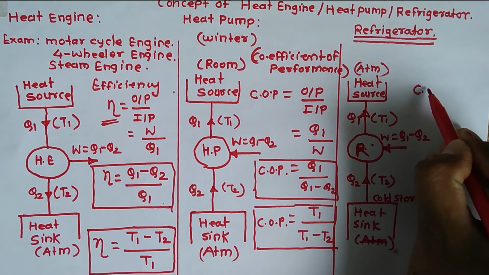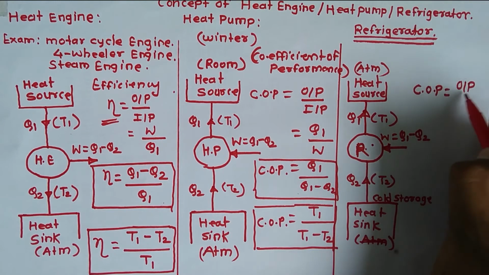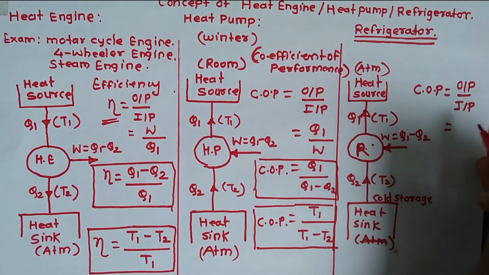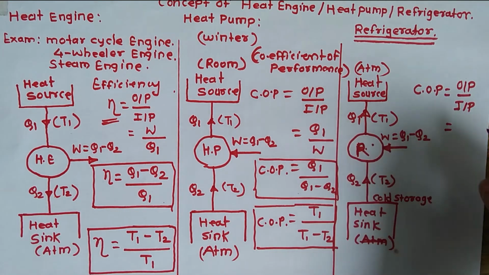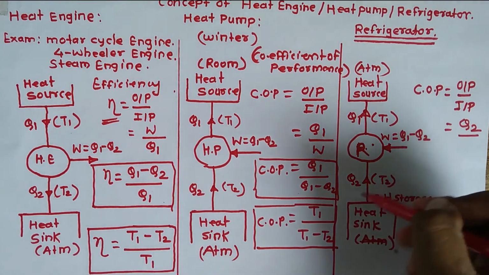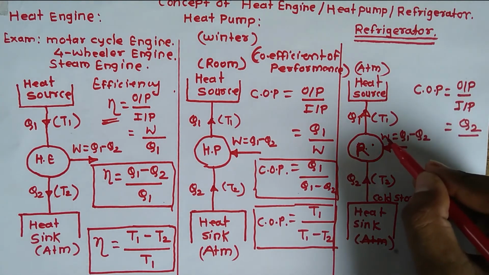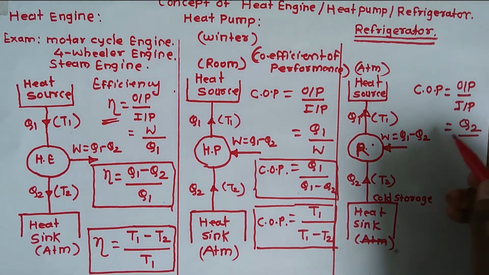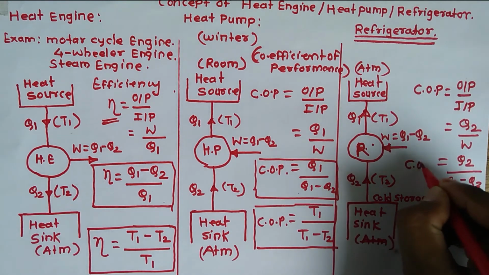So here in case of that refrigerator, the efficiency of that refrigerator is also calculated in terms of coefficient of performance. So this will be the COP, coefficient of performance. This will be what? Output divided by input. So here in case of the coefficient of performance, what will be the output? Output will be the Q2 here in case of that refrigerator, because we have to cool that area. So this will be the Q2. Input, how much will be the input? That will be the W, means we have to supply the electrical energy, W amount of energy. So Q2 divided by Q1 minus Q2. So this is the coefficient of performance.